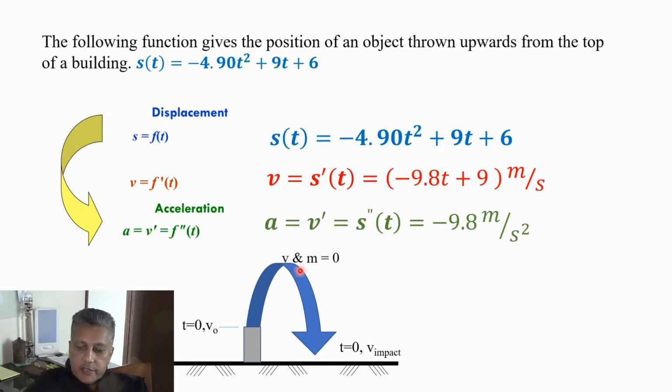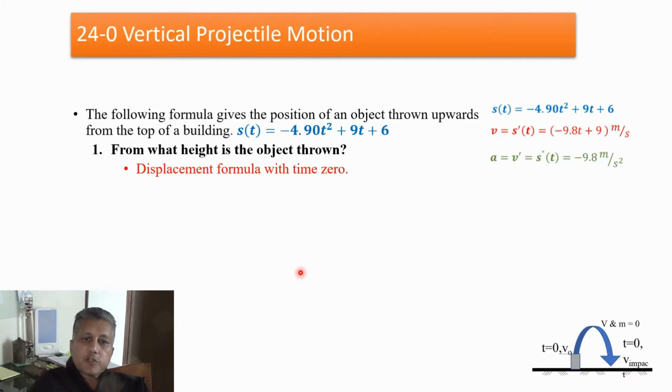Okay, let's go and start solving our problems now. From what height is the object thrown from? It's really asking for the height of the building. So that's a displacement. It certainly is not a velocity or an acceleration. It's a displacement, right? We know right at that point,